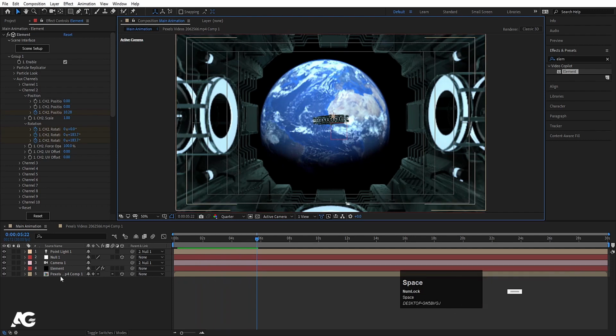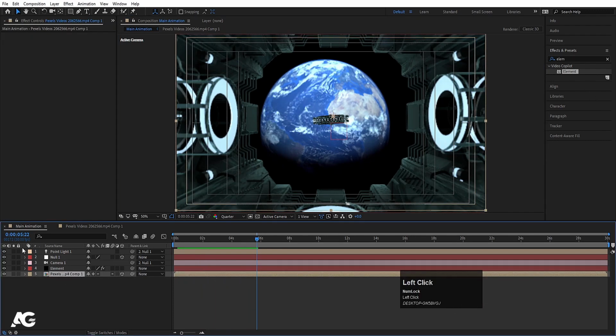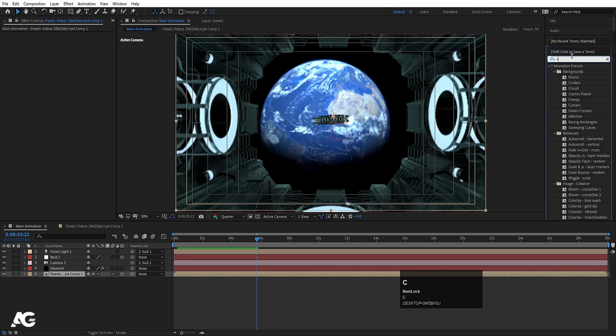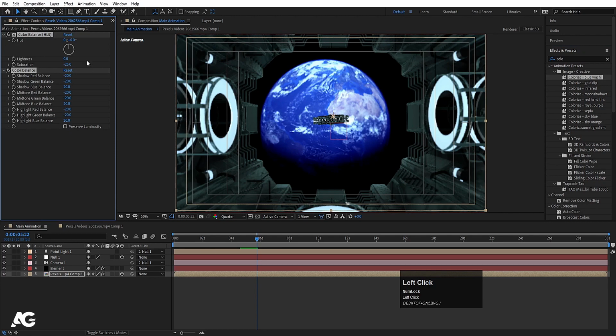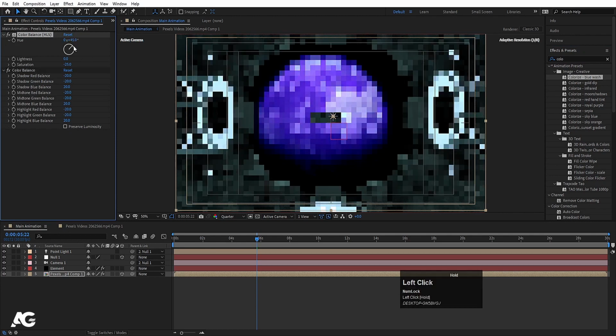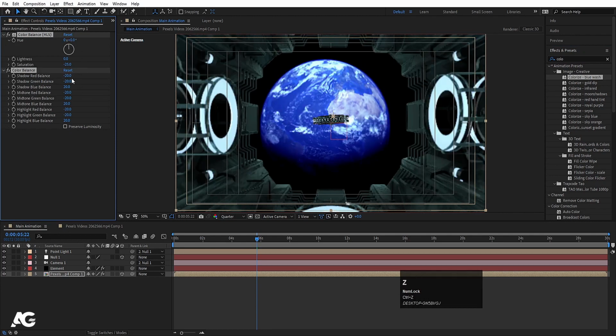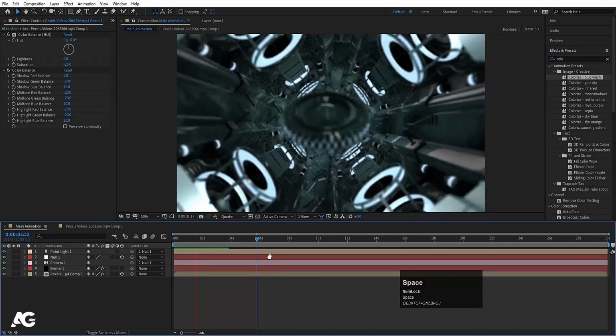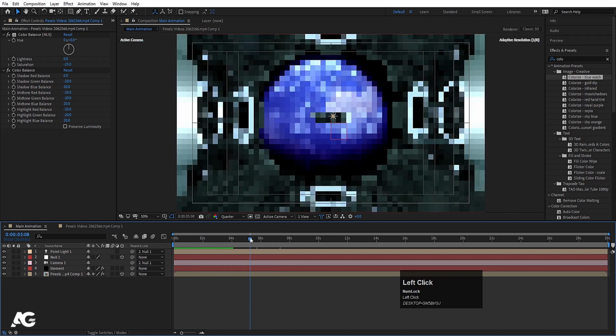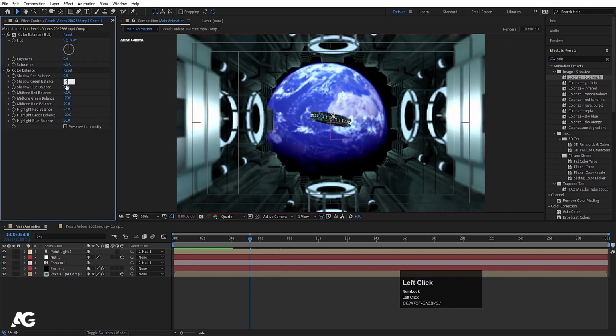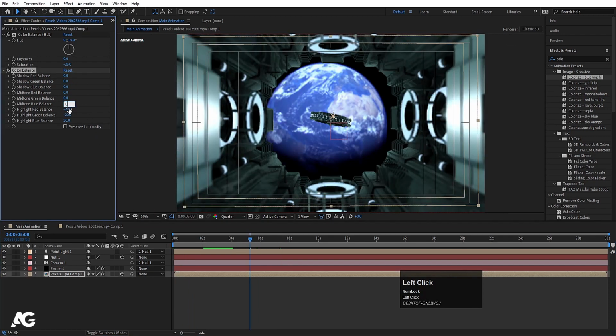And if you want, then you can select this thing, I mean the earth thing, and you can go to the effect and presets panel, and you can apply the color balance effect and simply double click to apply. And with the help of changing this hue value, you can change the colors for this thing. Let's go over here. Let's make this 0 0 0 0 0 each value,